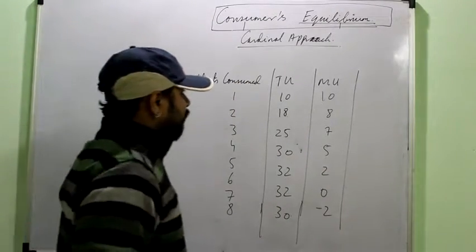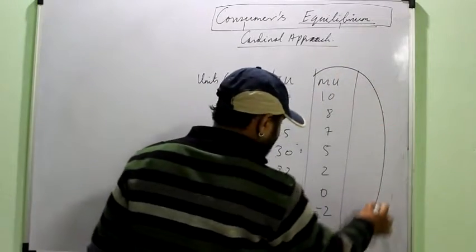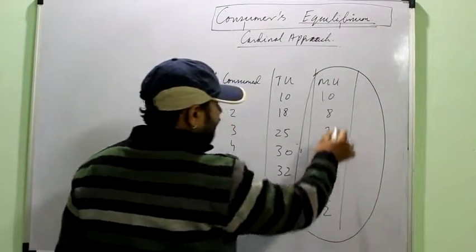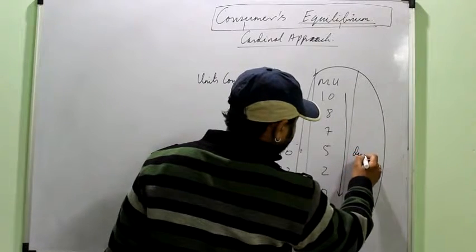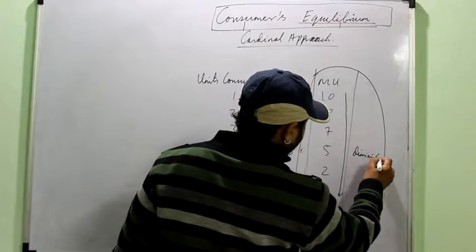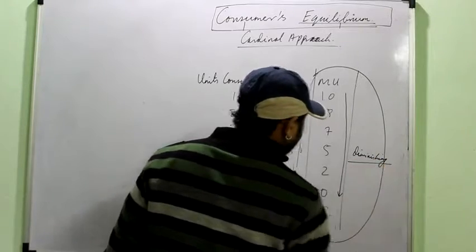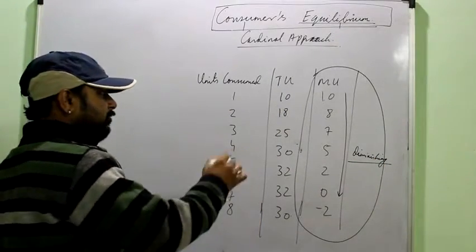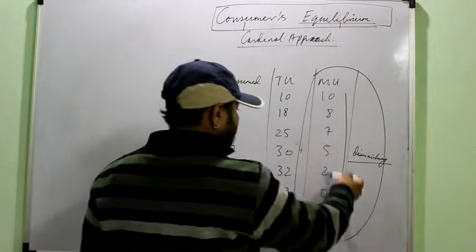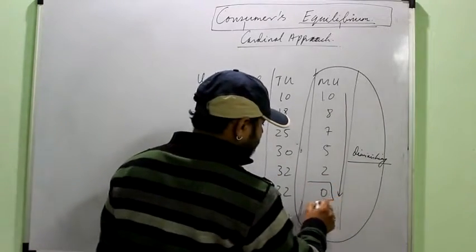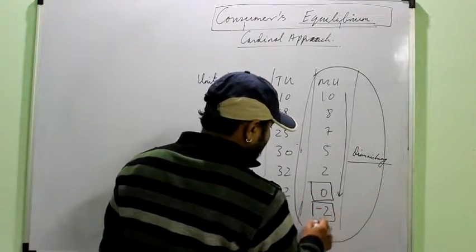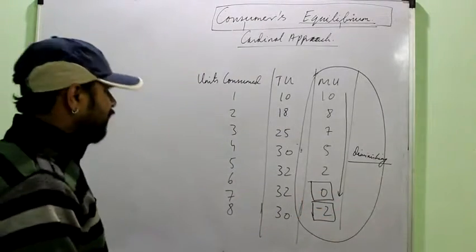Now we basically have to talk about this aspect: why I have decreased the marginal utility, why it is diminishing. To understand that, and that is the reason why I drew marginal utility first, I have to always make it diminishing and from it derive the total utility. Then you must be observing that it reaches 0 and it can also be negative. Now we will talk about this particular fact.